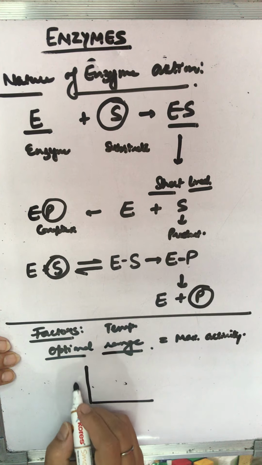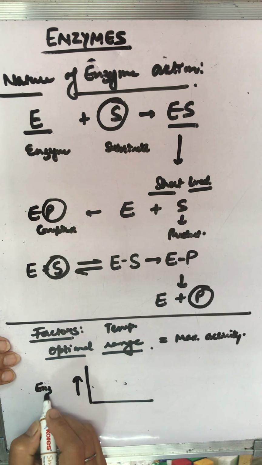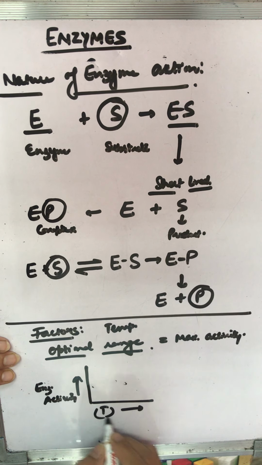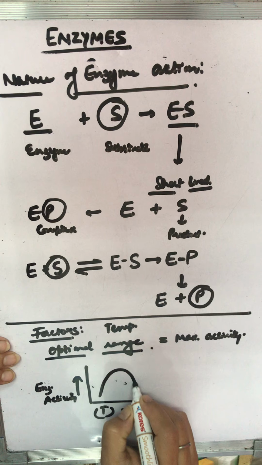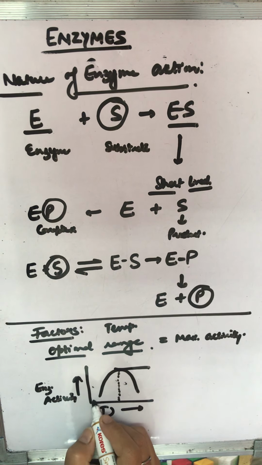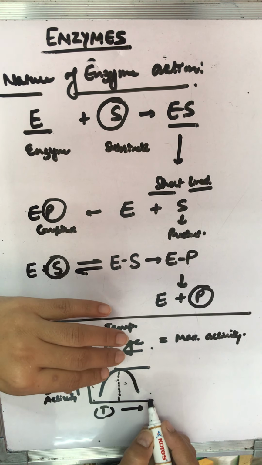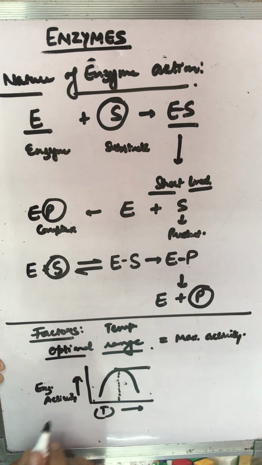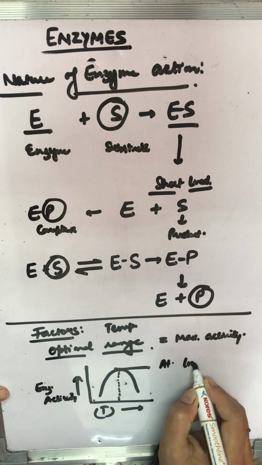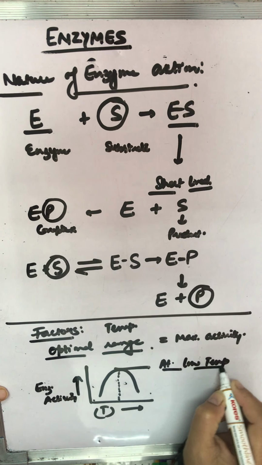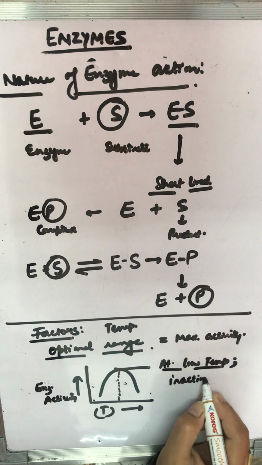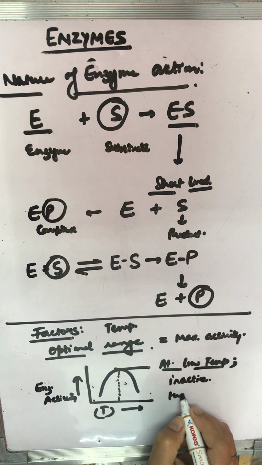See, if this is the enzyme activity, and this is the temperature, and this is the optimum. So obviously below and above this optimum temperature zone, the enzyme activity decreases. At a low temperature, the enzyme is inactive, and at high temperature